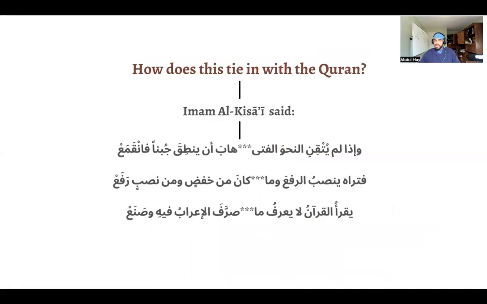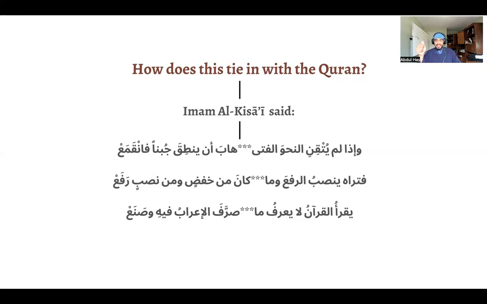How does this tie with the Quran? How does China and reading skills and so on and so forth tie with the Quran? Well, as Imam Kisai, who was one of the 7 reciters of the Quran and is also one of the two who founded one of the 2 schools of thought in grammar, because in the Arabic language there are 2 grammar schools, the school of Kufa and the school of Basra, which is not very important for us right now. But Imam Kisai was not only an imam in the qira'at,